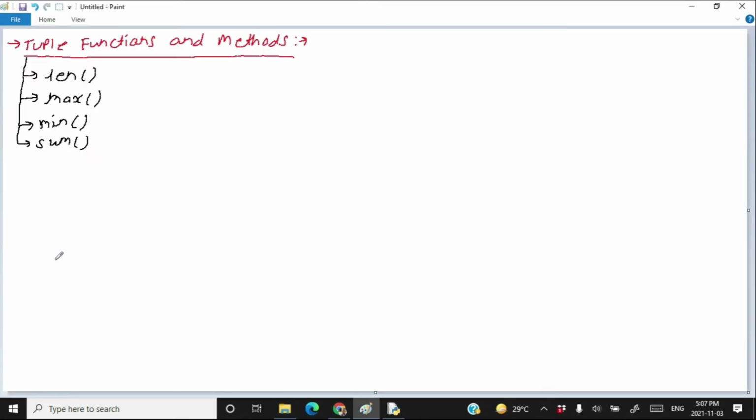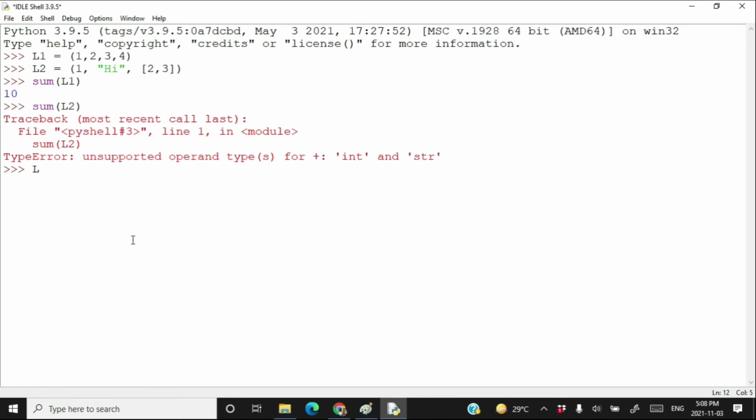After the sum method, the next function we are going to learn is the index method. If you have a list and you want to find the index of an element in the list, you use the index method. Let's try it. L2 dot index. I want to find the index of the string hi in tuple L2.